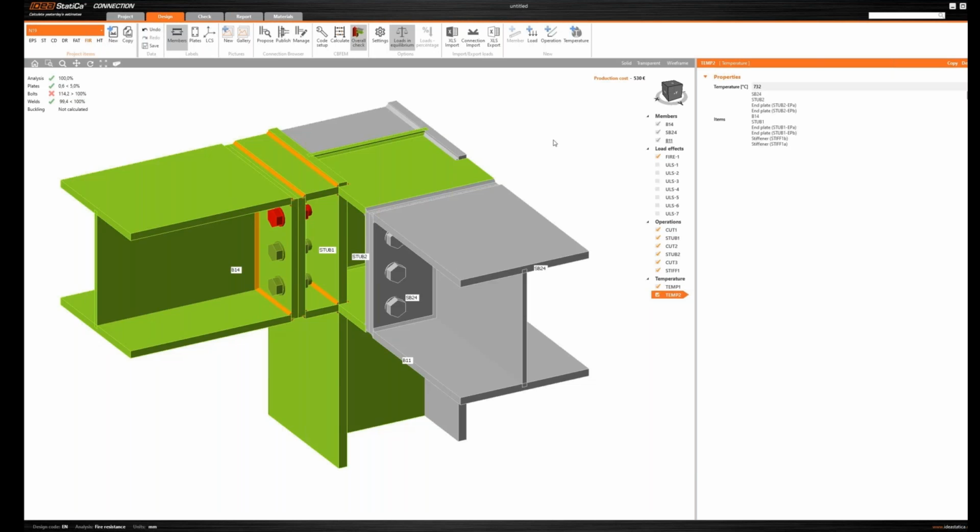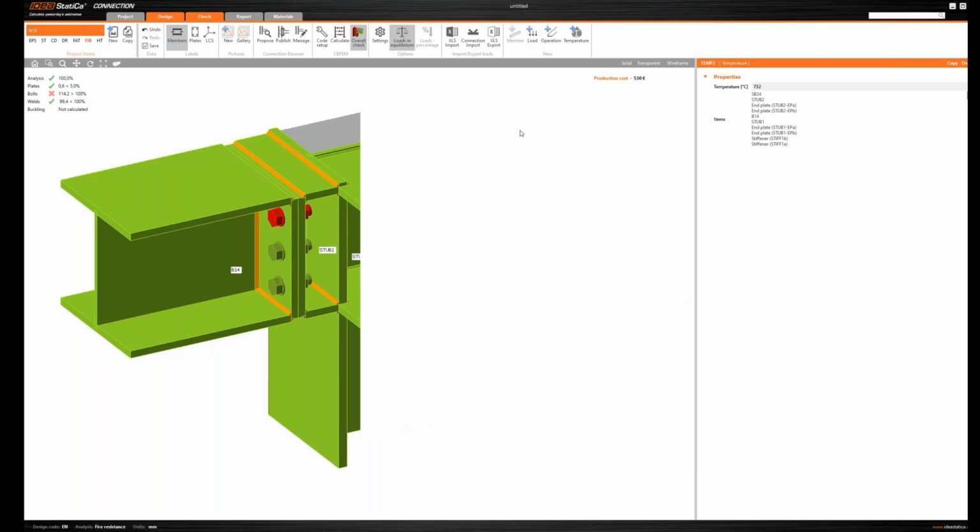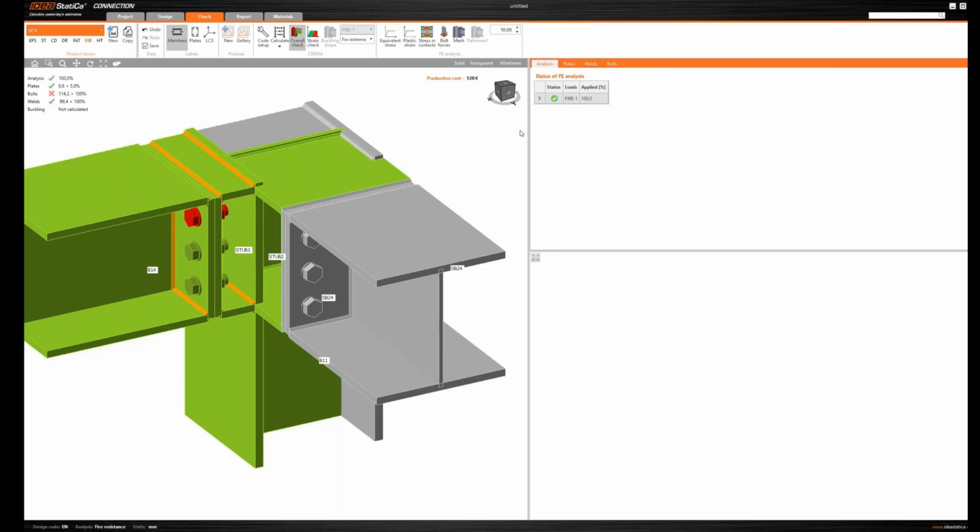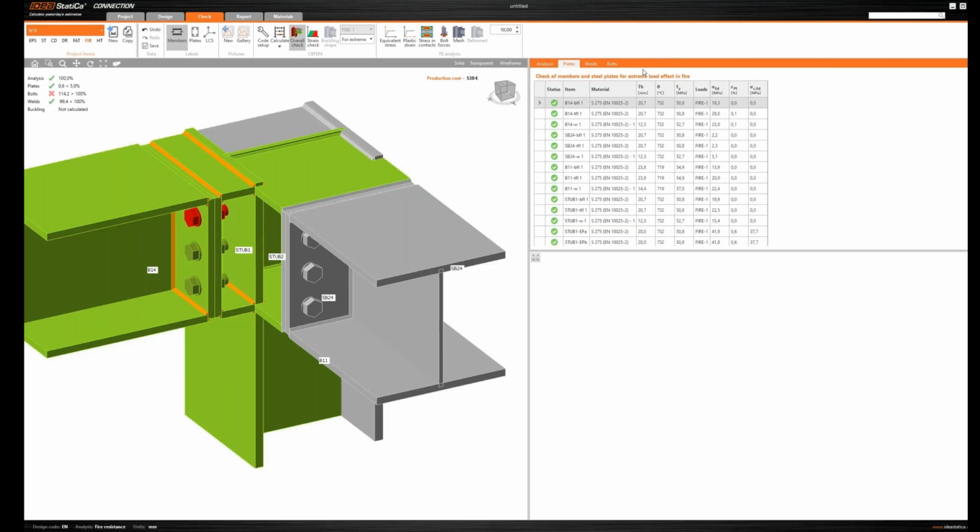So we can just change two bolts and leave it as is, fulfilling the fire design requirements. The other option we have is to apply fire protection, which is a costly solution, and of course has high environmental demands. So let's move to the check and have a look at the rest of the results